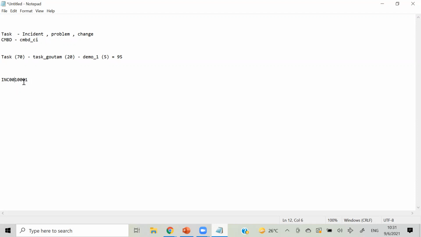So this will be your first incident number. INC is getting covered, the 10,000 where you want to start your number is getting covered, and the 7 digits which we told will add the zeros. If you say 9 digits, it will add 4 more zeros.